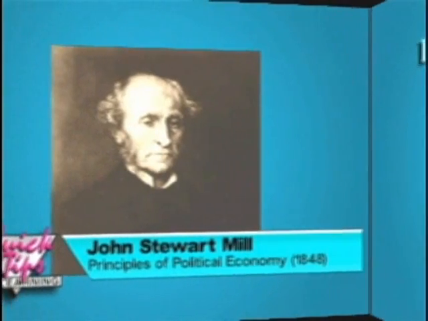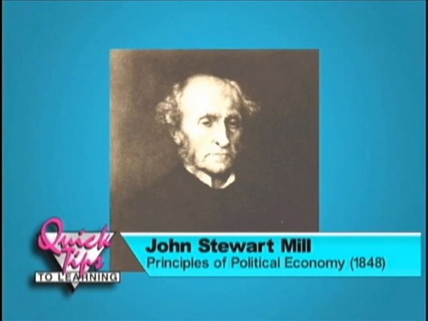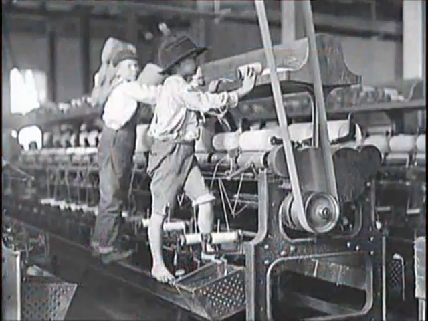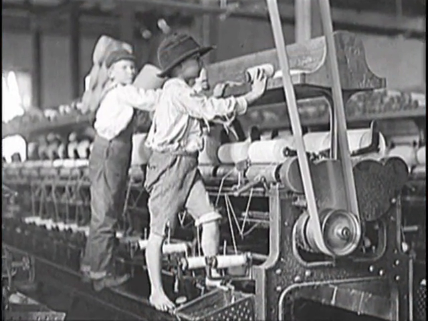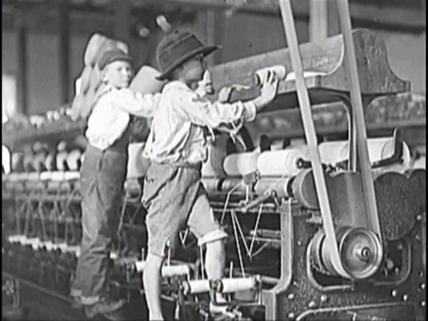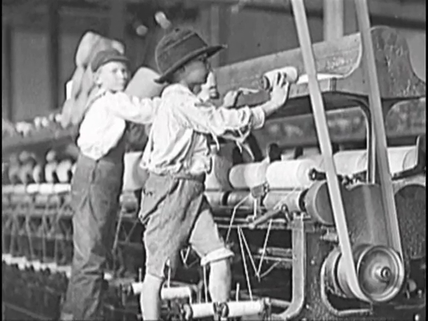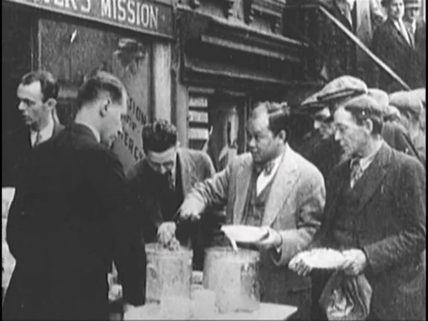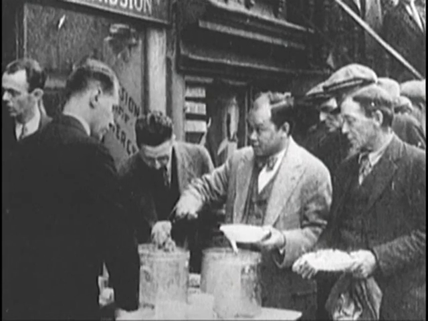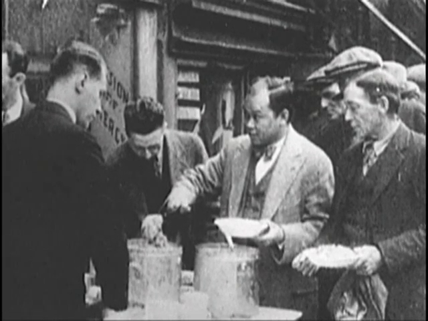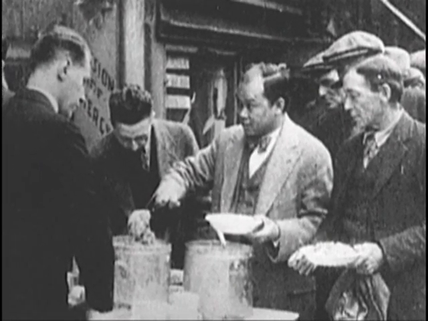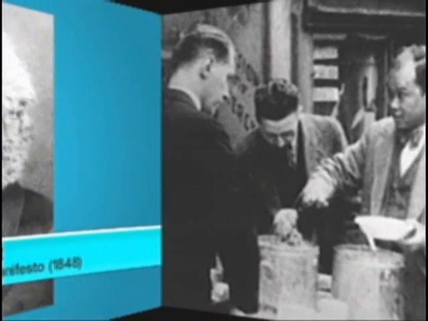The liberal view of economics began with John Stuart Mill's Principles of Political Economy, which set out to right the insensitivities of unchecked capital economics, such as workhouses and forced child labor. Mill favored worker ownership of factories and government limits to protect worker rights. His work eventually laid the foundation for the emergence of the welfare state.